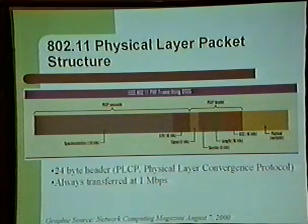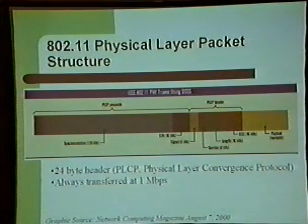synchronization portion, which sits in the physical layer convergence protocol. And that's what controls the communication. Everything has to be synchronized between channels and nodes, so it knows how to communicate with the access point. And part of that is this header, and this part of the packet is always transferred at 1 megabit. That's to help ensure that it actually gets there, as the faster you go, the more interference you get, and the more errors you are likely to receive.